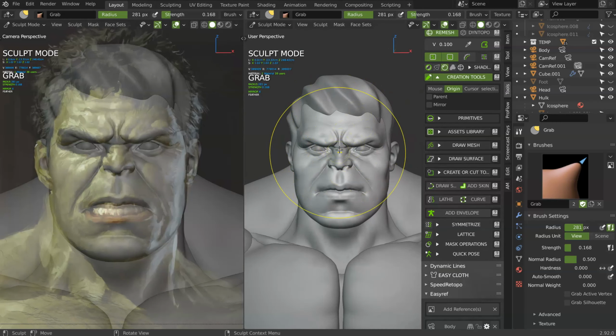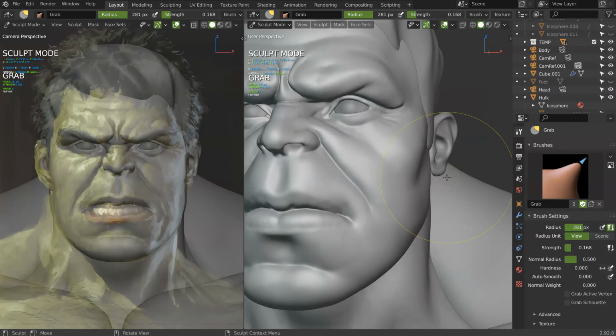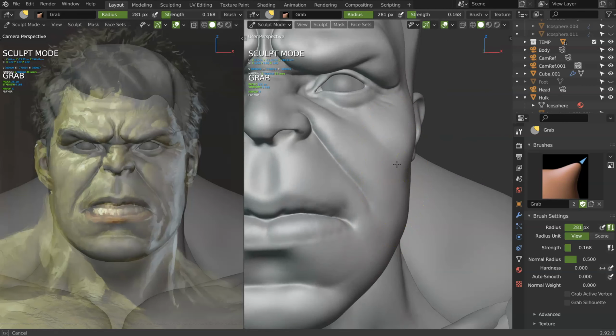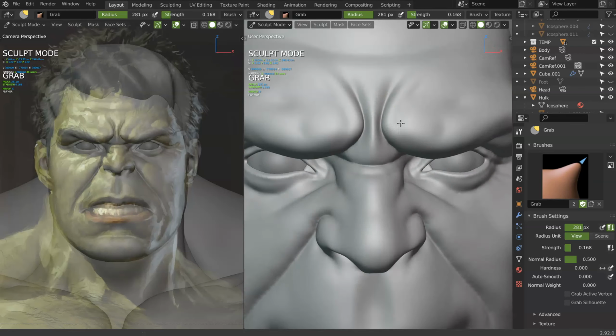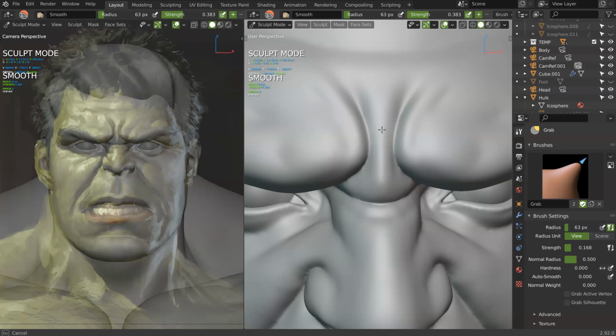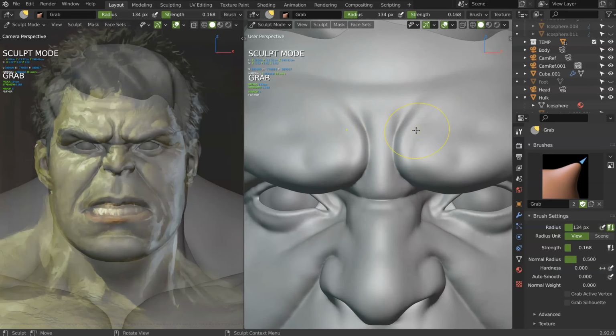And as you can see, I'm making another version, more like this one. Let's decrease this with this mouth brush. Maybe move this one a little, like that.